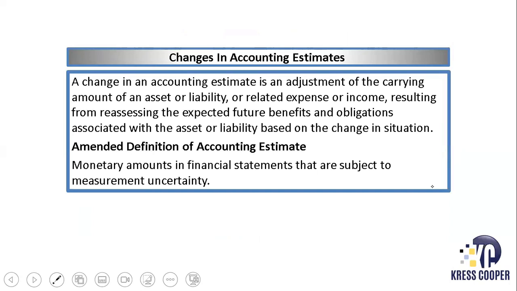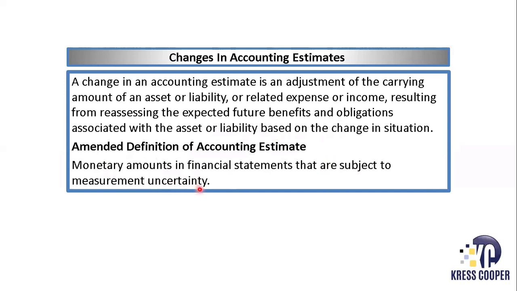So change in accounting estimate is an adjustment of the carrying amount of assets or liability or the related expenses or income resulting from reassessing the expected future benefits and the obligation associated with the assets or liabilities based on the changed scenario. The amended definition of accounting estimate is now that it is a monetary amount in financial statements that are subject